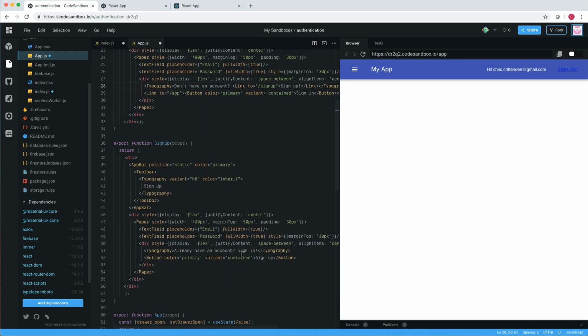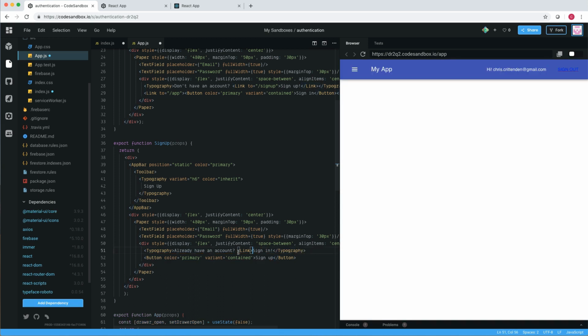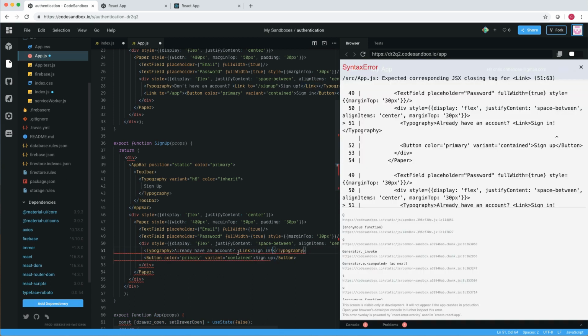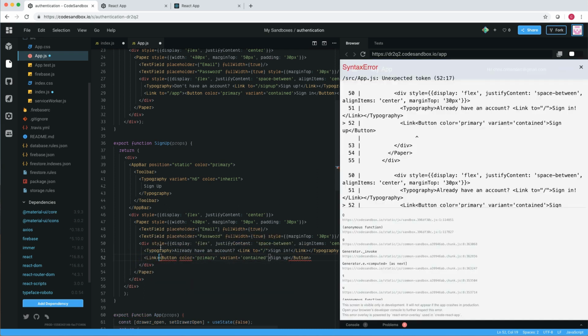We'll need to do something similar down here on the sign up page. We'll add a link around the sign in text. This one we want to take us just back to the root, and the sign up button we want to take us